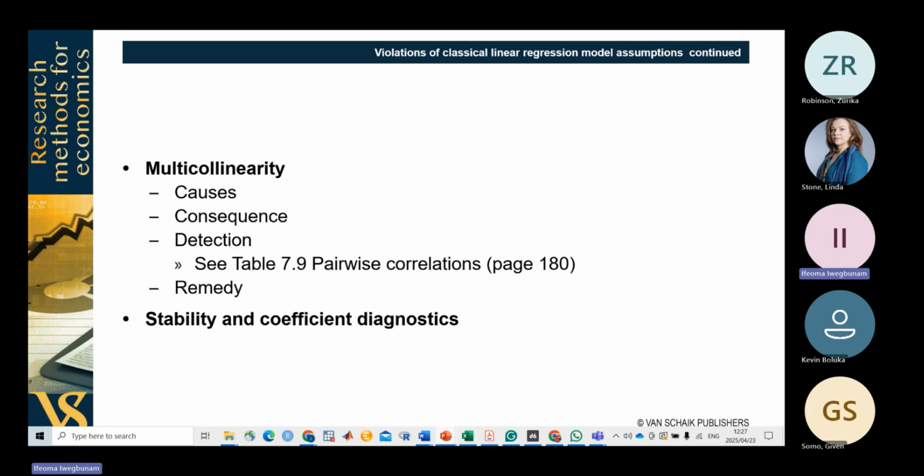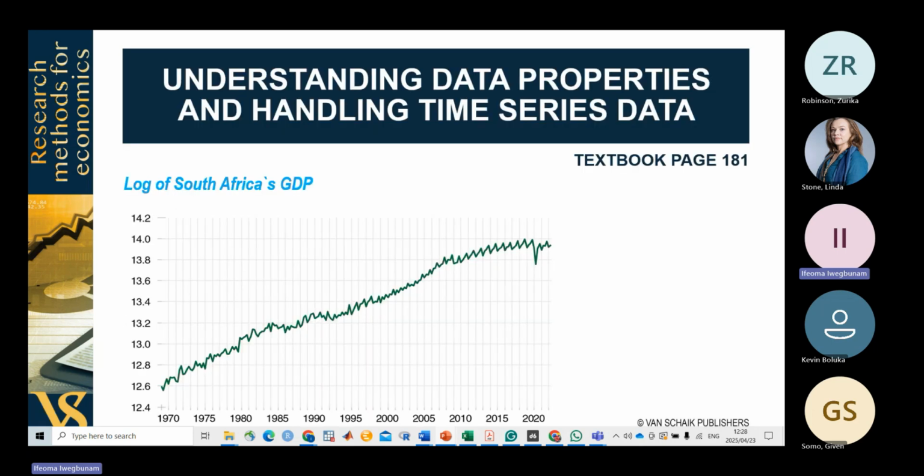So these are the places a researcher needs to pay close attention to, in order not to fall into the problem of violating the OLS assumptions. Now, when handling your time series data, as we usually do, before you start your regression,